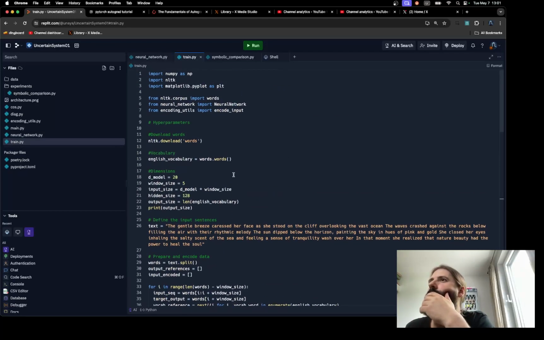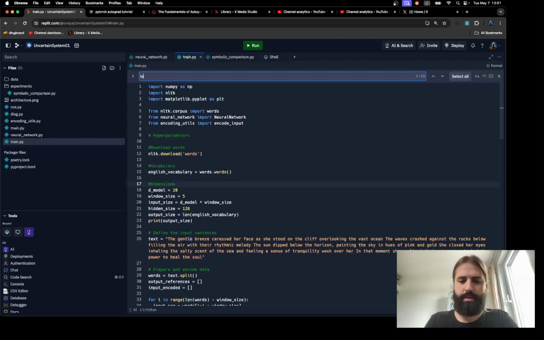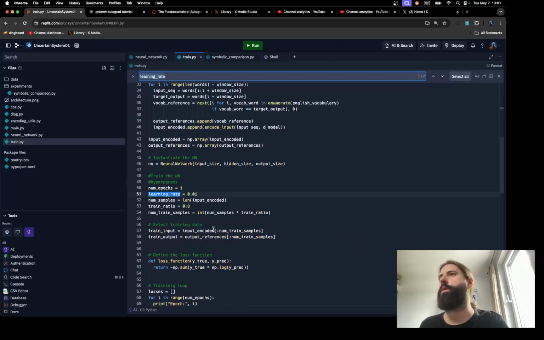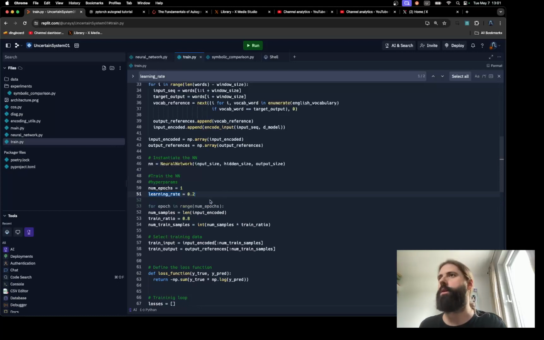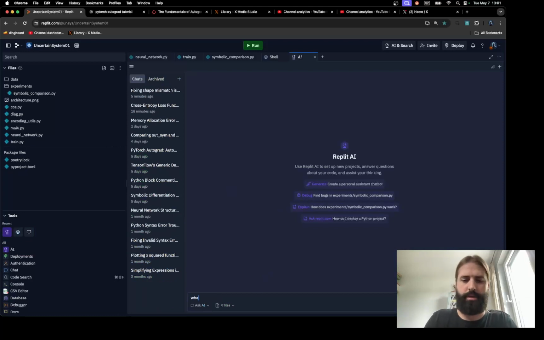Learning rate, obviously it's up here somewhere. That's actually weird. Maybe it just needs to be higher, because it almost doesn't do any change. What's an appropriate learning rate for